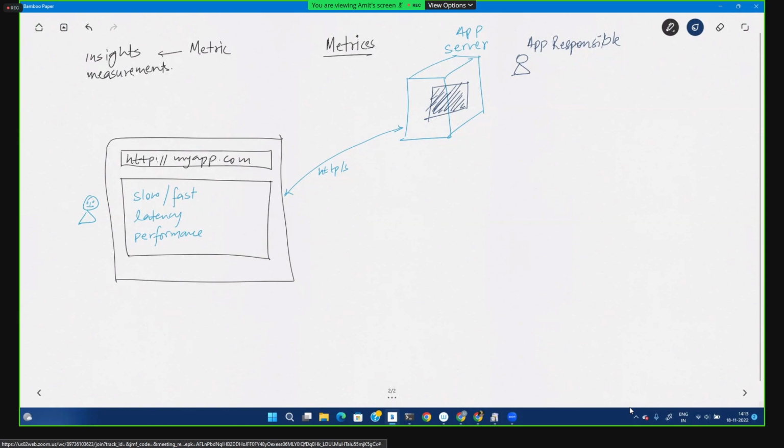For example, it can capture how much time it is taking to serve one HTTP request, right? So time to serve. And also how many timeouts have happened in the application, or how many users are accessing the application, right? How many times a particular database has been accessed. So all these are concrete, valid data points which this application responsible person can make sense of,